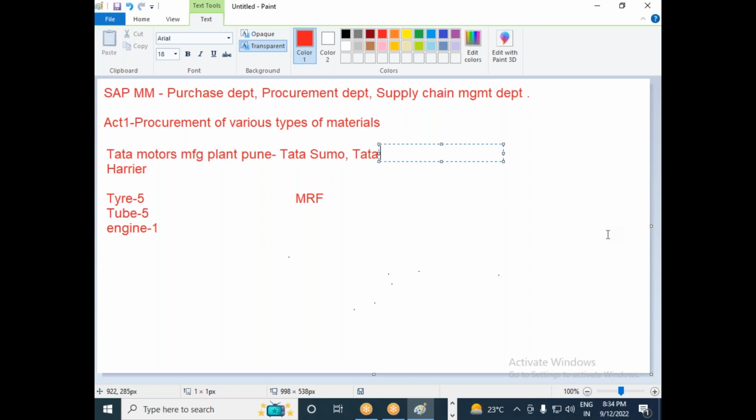You said previously we will do a real-time project. In which type of project will we do it? When I say real-time project, we will take any one company as an example, let us say Tata Motors or Reliance. We will take any one real-time company as an example and try to execute that. That is how it works.